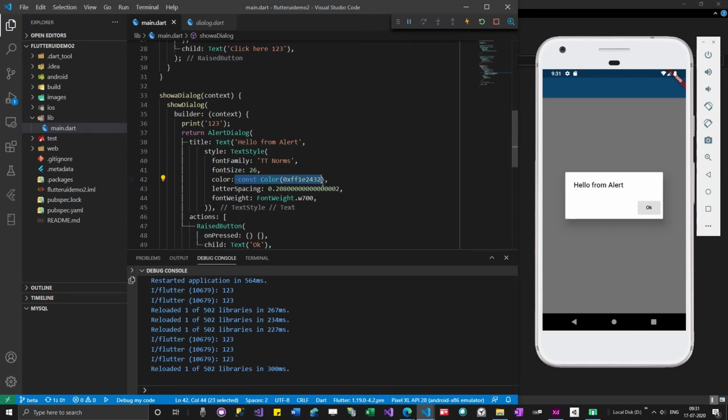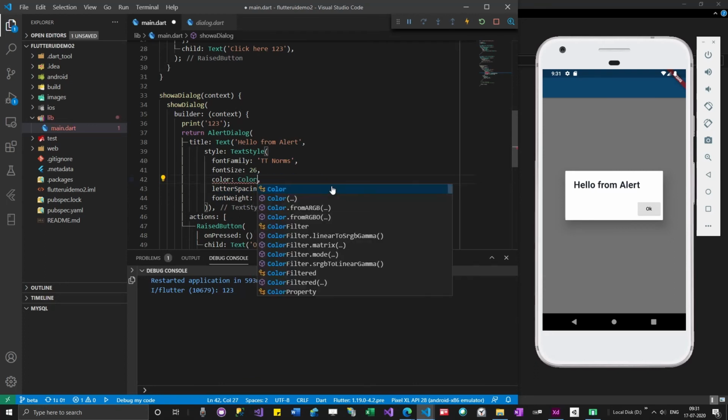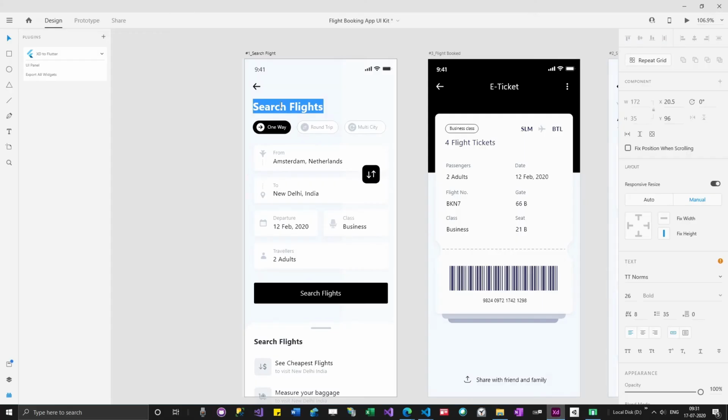Let me change the color to actually see it. Okay, it has changed. These are the other ways of giving colors, guys, but don't bother much about it for now. You can see the color got changed, so we are getting the same style from here.